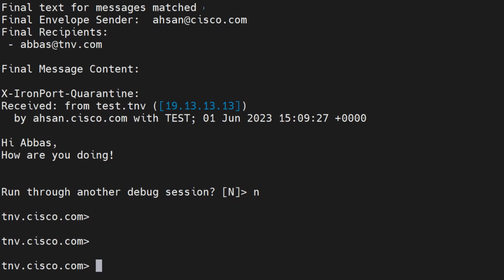For example, there's one important thing: trace is not effective for testing file reputation scanning. You cannot deal with file reputation scanning when it comes to trace. Trace is not going to help you out with that. And for further details, if you are someone who reads a lot, then I would definitely recommend going through the user guide. Now I'm going to show you how it looks from